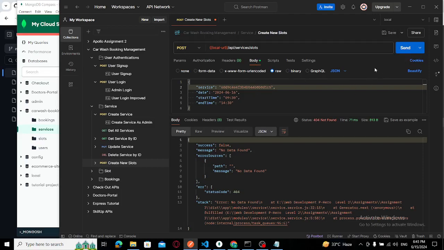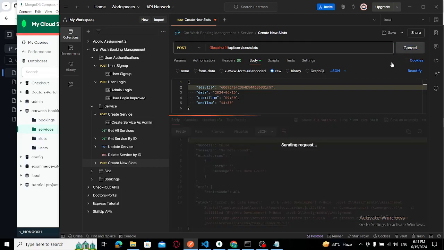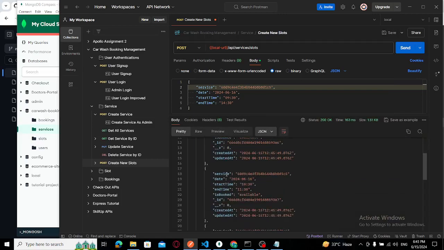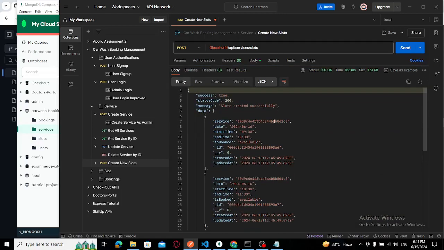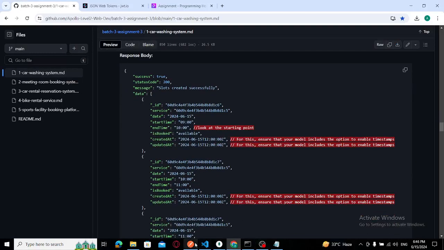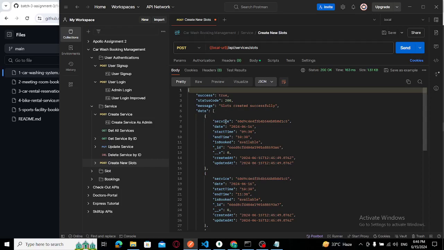This is similar to the response given by the Programming Hero mentors, as you can see, the service and slot. I have shown here customer, which is redundant, but here's the service and slot data, followed by vehicle type, vehicle brand, vehicle model. As you can see, everything is there. So this was my whole